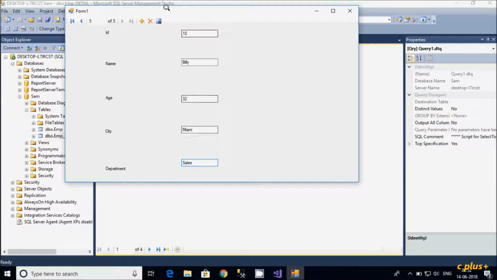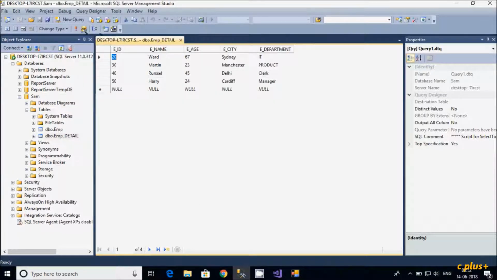After writing all this, you have to click this option, the tool strip button. Here it says updated successfully. Now let's check the database, execute. Here Billy 32 Miami sales. So this is the use of